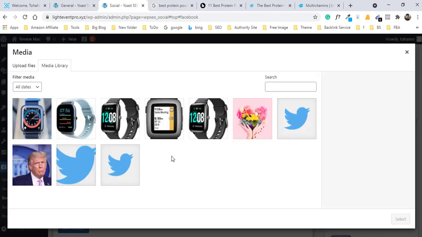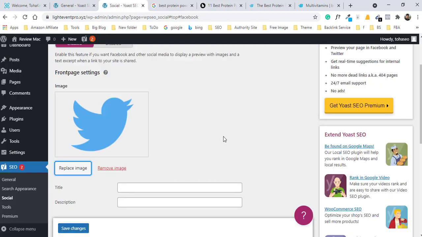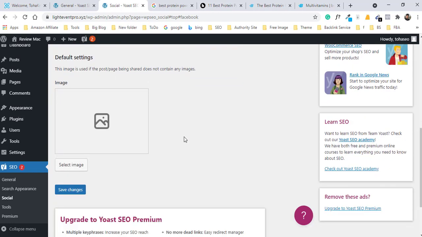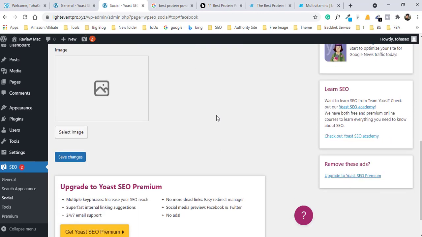So I select a default image. Say for example this is my logo, and I select it as the default image, and I can also select a title and description for default. This image is used when the post page being shared does not contain any image.